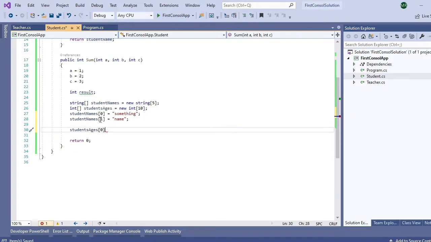And also for the students ages I can say students ages at index 0, which is the first element, will hold the value, for example 10. Here I can't say 10. If I said here 10,